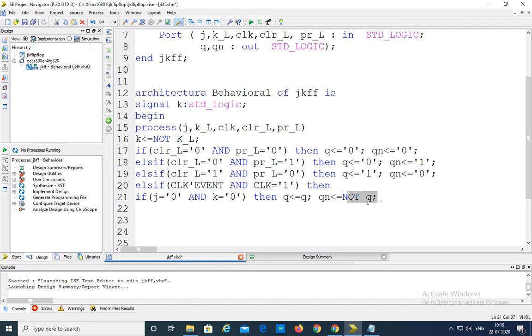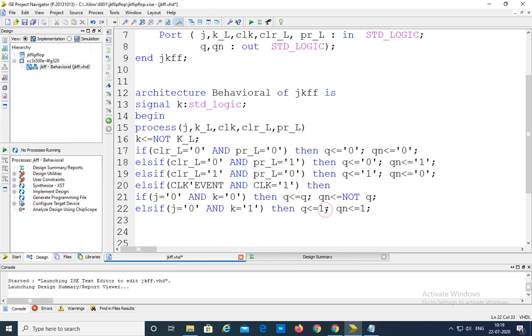Next, else if it is not 0 0, if it is 0 1, then Q is equal to 0 and Q bar is equal to 1.